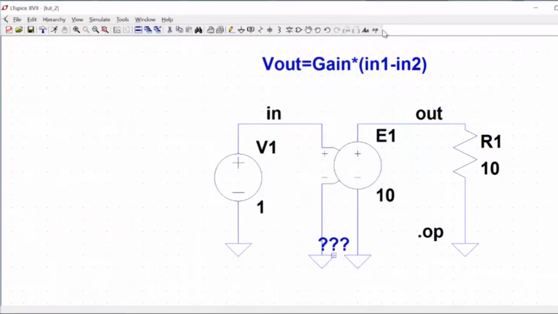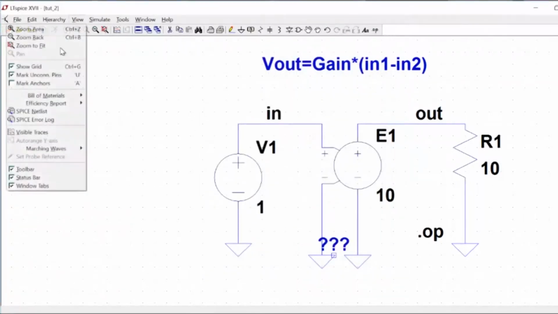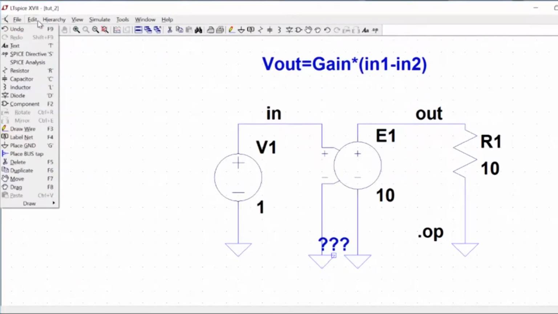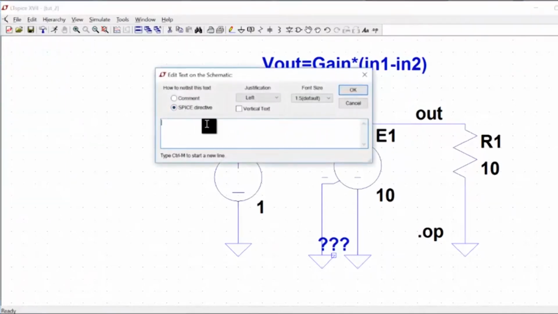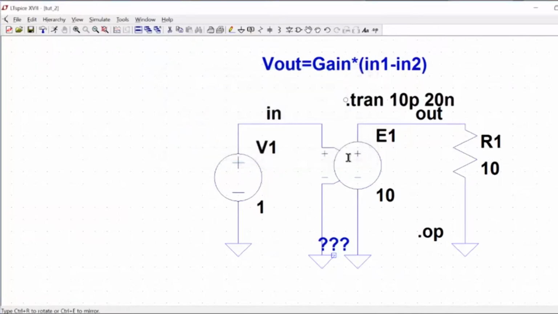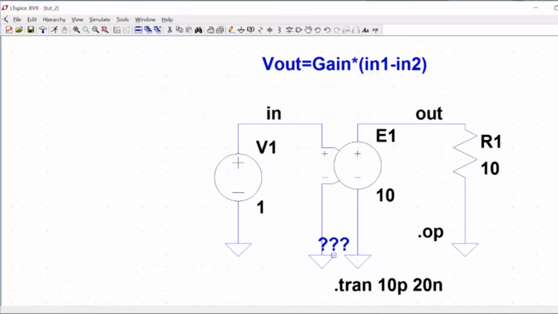For this I can go to view and edit SPICE directive. So now the SPICE directive will come. I want to go for the transient simulation, so I will write .tran. Then the simulation step is 10 pico and I will go to 20 nano. So this is okay, and I can place it here,